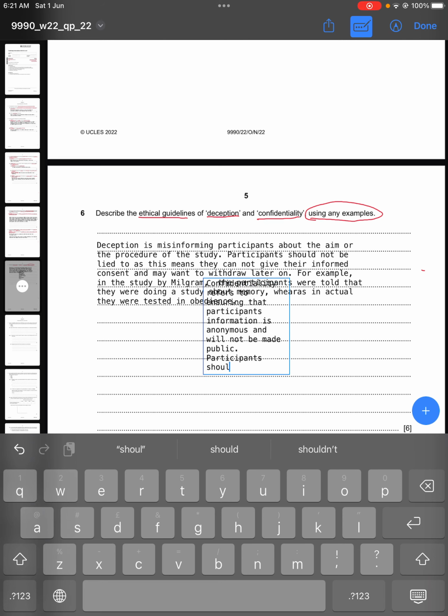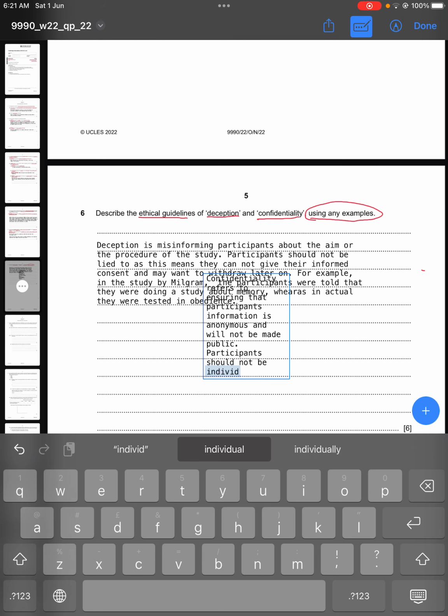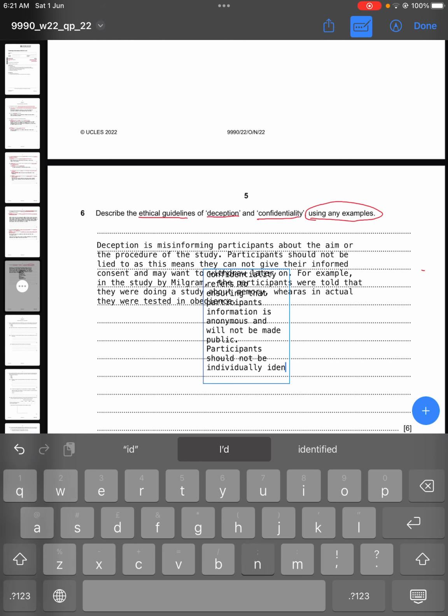Participants should not be individually identifiable,